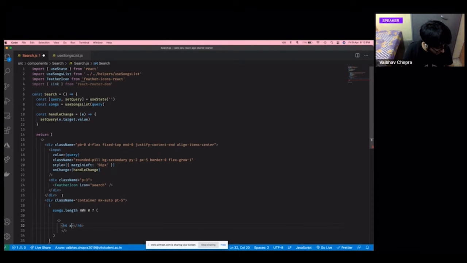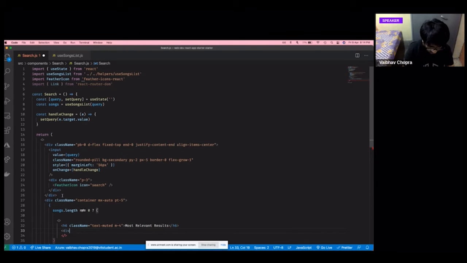The class names here would be something like text-muted, because I don't want a white heading, I want a grayish heading, and I want a margin of 4 all around, and it will say the most relevant results. Like I said, I want the top 4 most relevant results to show with their album art, and the rest I want with text.